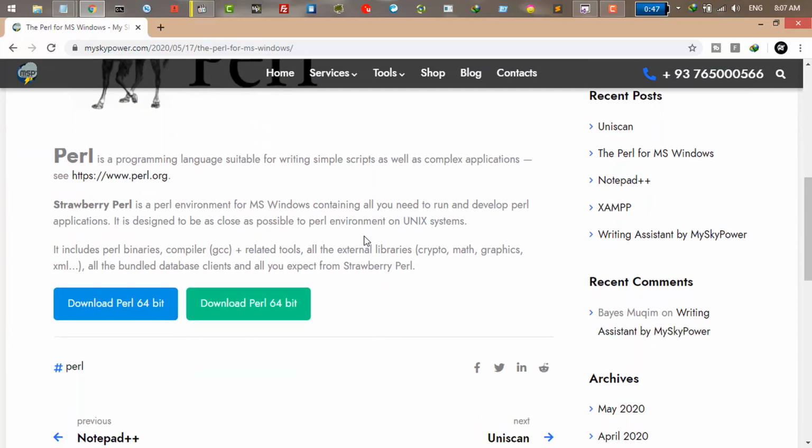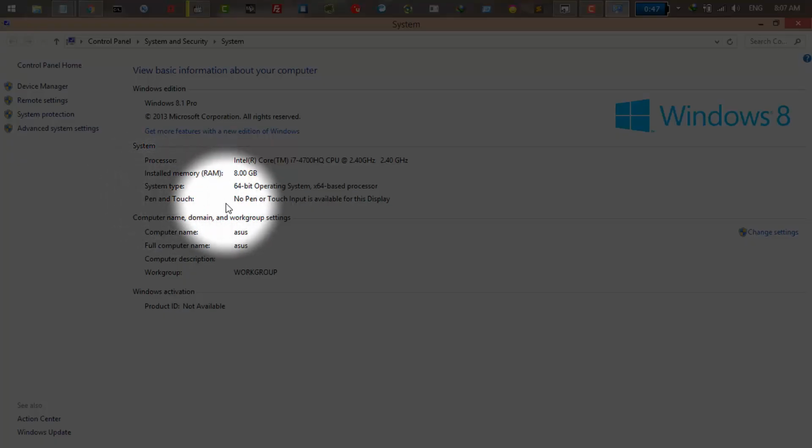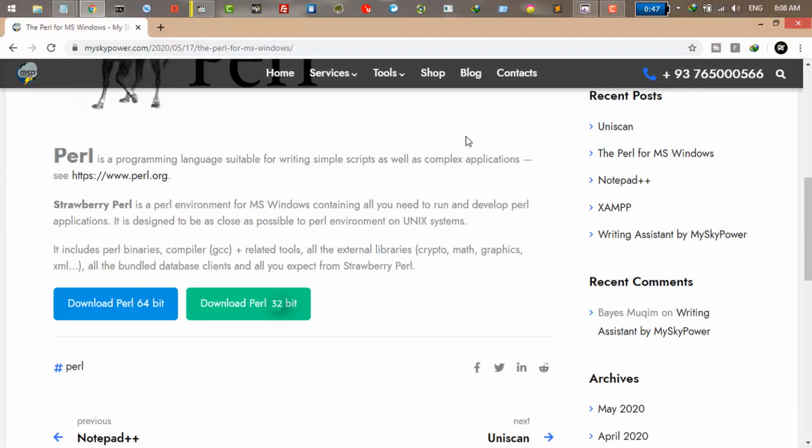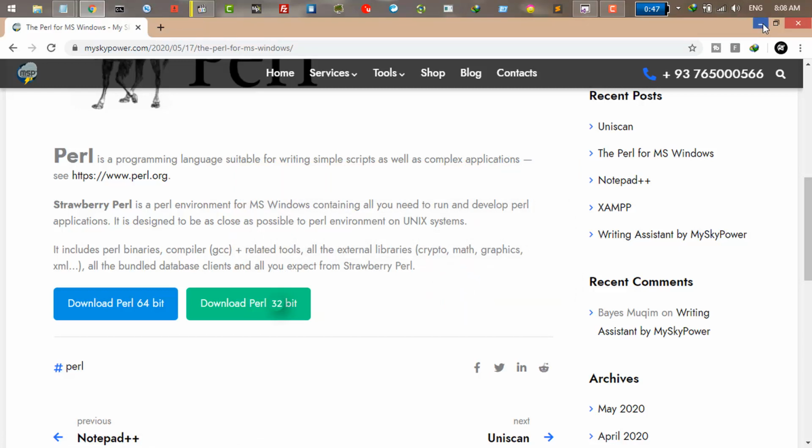Once the page is open, you need to download, but you have to make sure which version you download. So go to your computer system and check what's your Windows version. Mine is 64-bit, so I must download the 64-bit version. Just click on the download and your download will start. Once you have downloaded this, we are going to go to the second step,